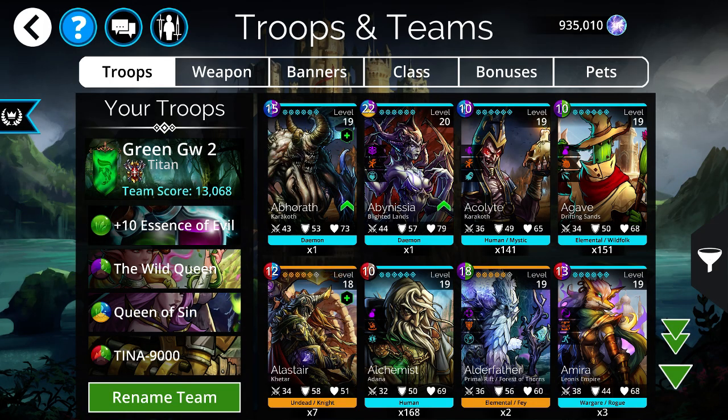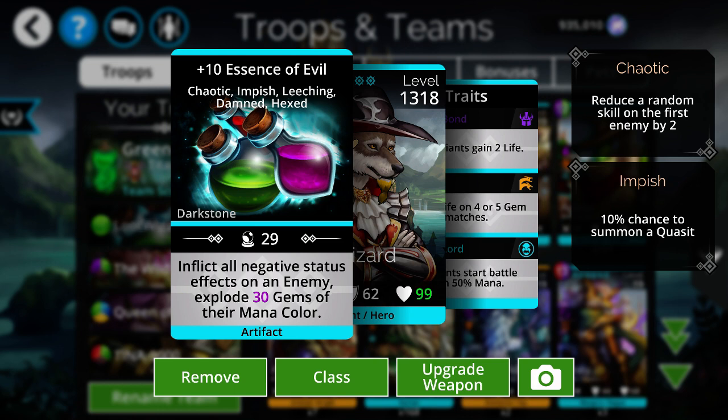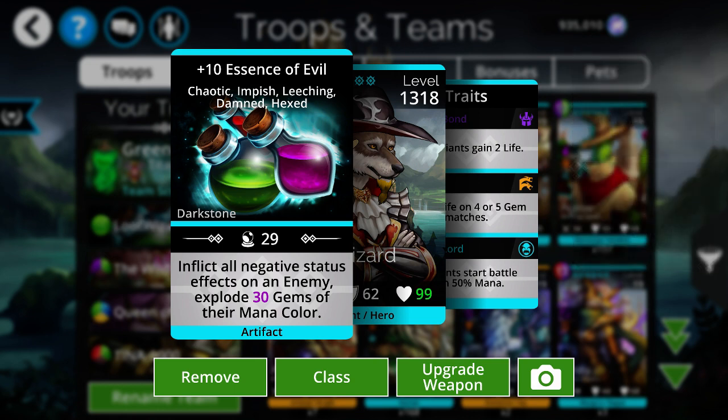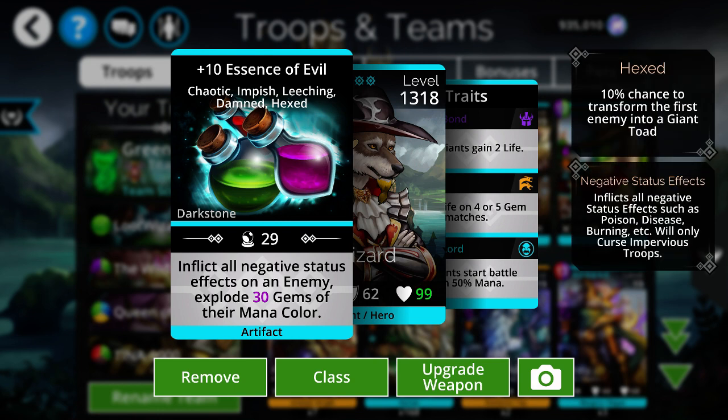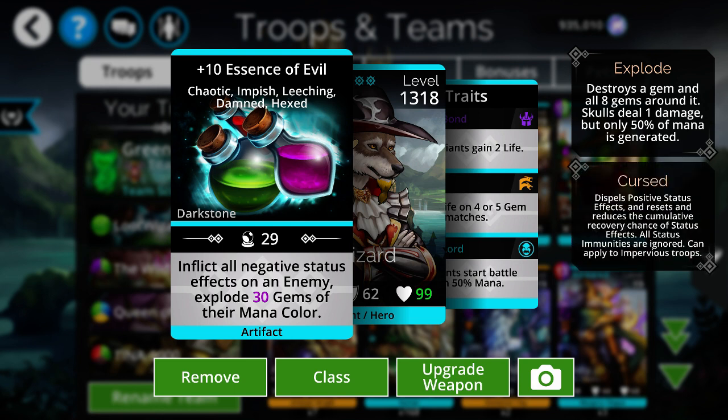Basically, I'm using one of the new weapons that was released a month or two ago. It's a really good green weapon called the Essence of Evil, and what it does is it inflicts all negative status effects on an enemy, and then it explodes gems of their mana color. So it's a mana generator, and this is really powerful because it inflicts all negative status effects. So we're talking about it applies Hunter's Mark, Entangled, Silence, Death Mark, Curse, and just all of the negative